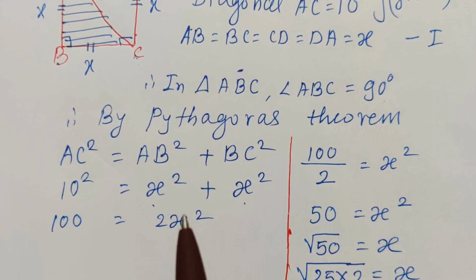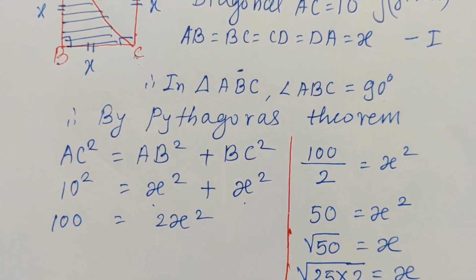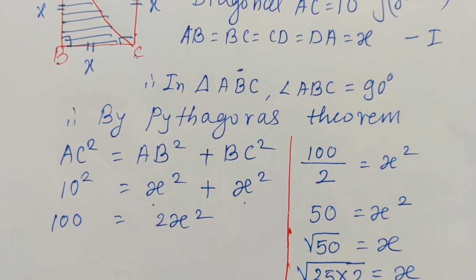So two questions are asked. They asked you to find out the side and perimeter. So first we got the side of the square. So you can say here